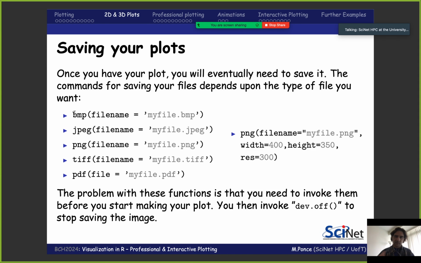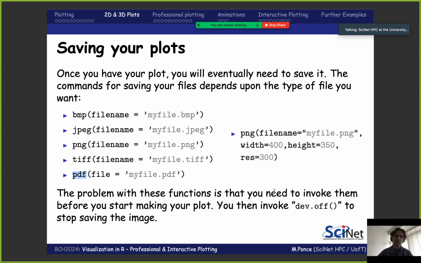With that picture in mind, formats like BMP, JPEG, PNG, and TIFF are what we call pixelizable, formats that don't store the information in vectorized ways. R has the ability to save images in BMP, JPEG, PNG, or TIFF, and that's how you will use it. But it also has the feature of saving images in PDF. I would strongly recommend saving your images, especially for publication purposes, in PDF. This is going to be part of your professional plotting set of tools.